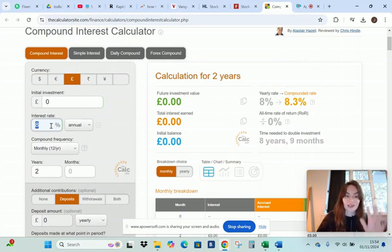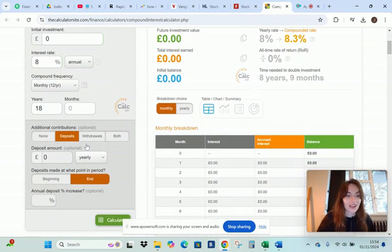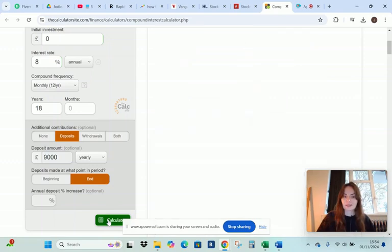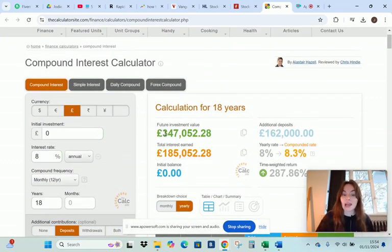But I'm just going to put an assumption here of 8%, okay? And let's say, for example, you want to invest over the next 18 years, and you are going to max out the junior ISA, which was 9,000. Obviously, if you have stocks and shares, you can max it out to even more, but we're just going to use this as an example. So you start off with £0, and then 18 years later, when you max it out, you will have